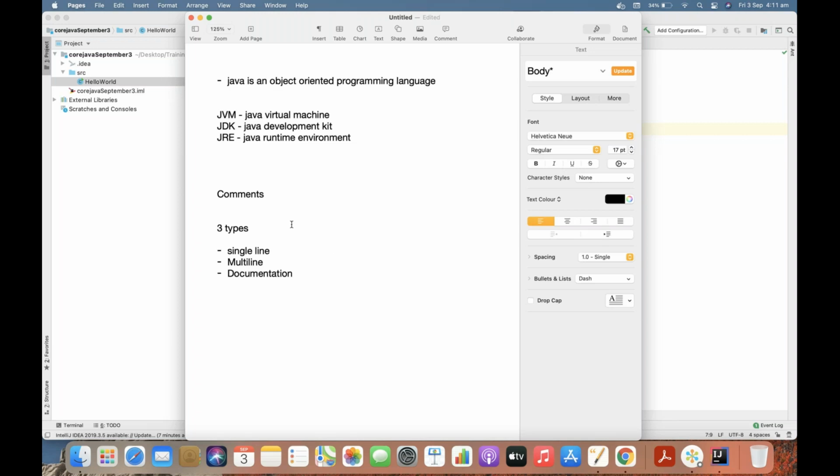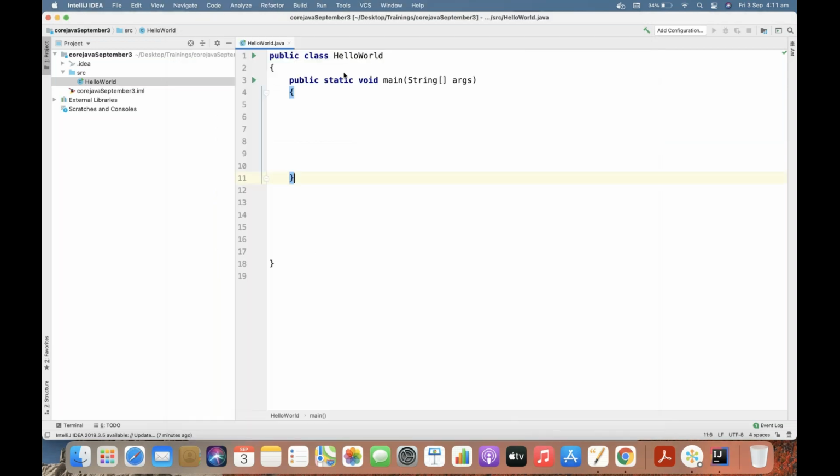So how will you use these comments? But before that, what is the purpose of using comments? For example, if I want to tell someone what my program is about, then I can use comments. Or if I want to block some line of code from executing, then also I can use a comment. This will represent a single line comment. A single line comment always starts with two backslashes. So if you want to use a single line comment, you have to use two backslashes.